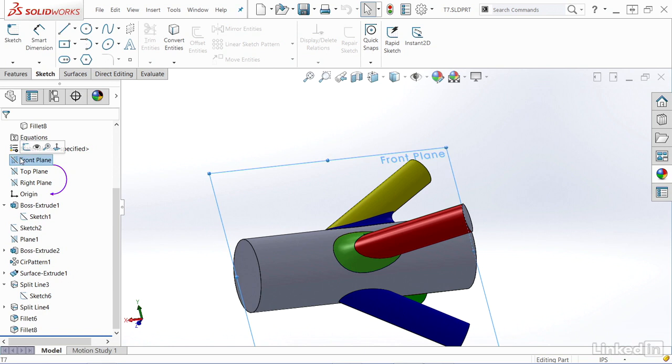I'm going to go in both directions, or mid-plane, and 4 inches is fine. Click on OK, and now start a sketch on that surface. So select the surface, start a sketch, and now I want to convert an entity. And the line I want to convert